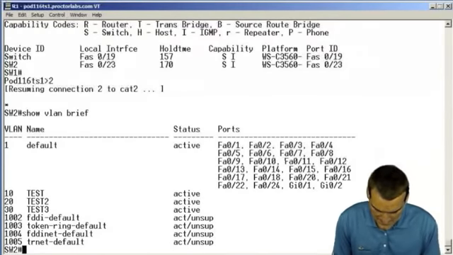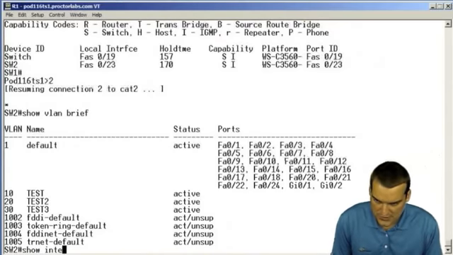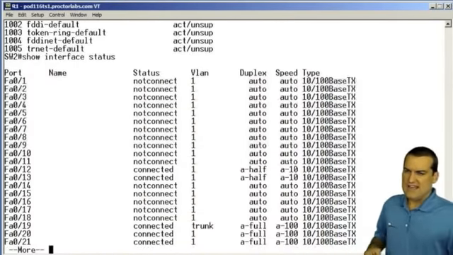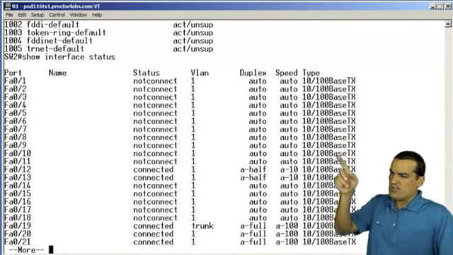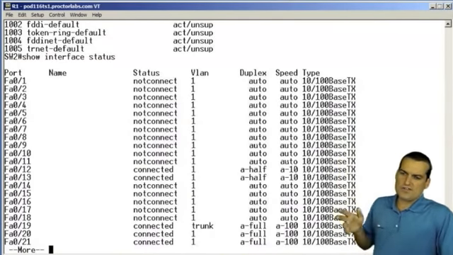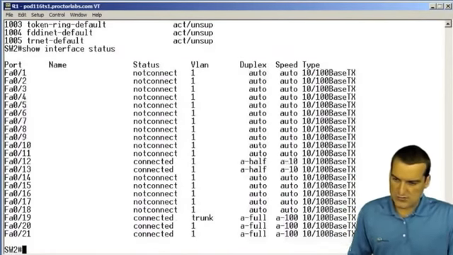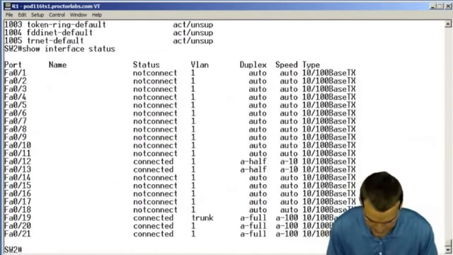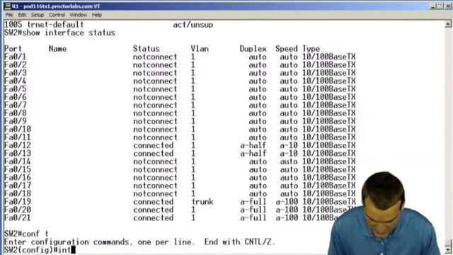Well, let me do a show interface status. This is another one of my favorite commands. And notice we've got a bunch of ports we can play with. Ports 4, 5, and 6, for instance, we can play with. They're not actually connected to anything, so we can't mess anything up. So let me go into interface